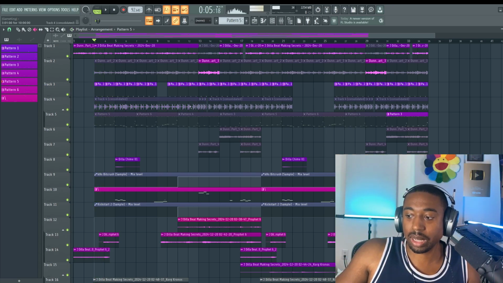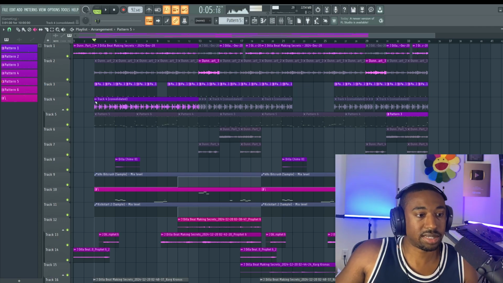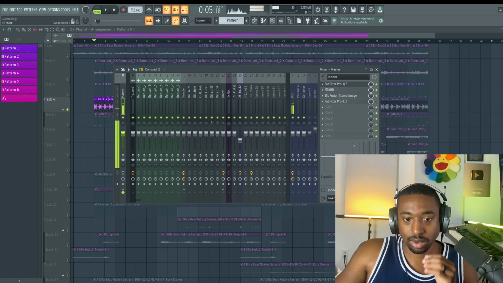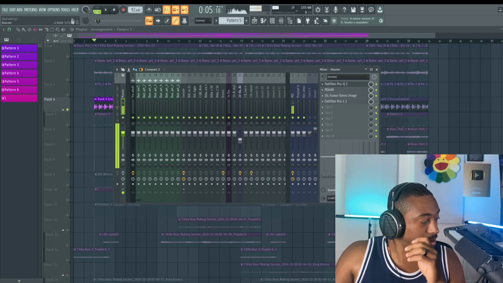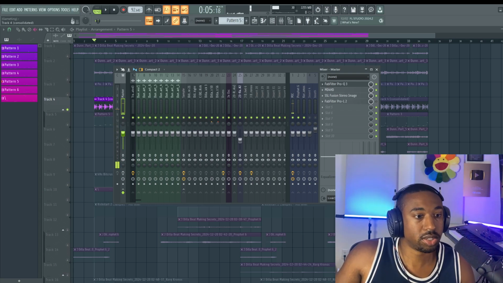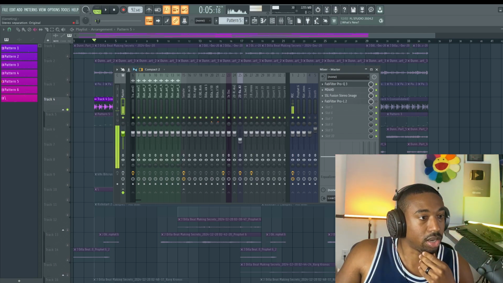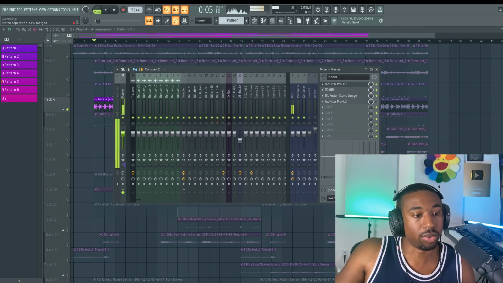Now let's talk about dynamics. Dynamics is the ups and downness for the most part. If you struggle with dynamics, an easy way to hear it is to go to your master track or your submix mix bus, turn on where it says view extra volume and stereo properties, and then we're going to go to here to where it says stereo separation and pull this to mono.